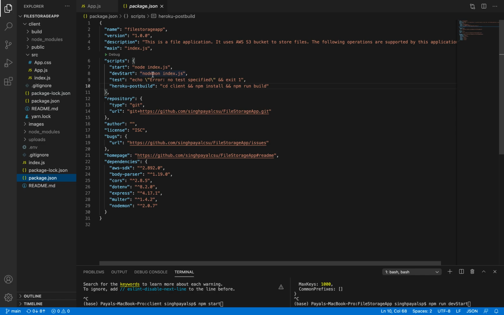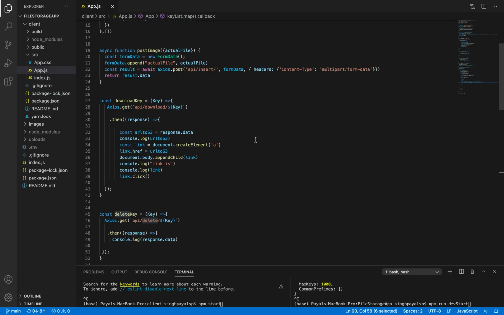So I will explain what this nodemon exactly does. Using nodemon, I do not need to refresh my server. Here I have explained that index.js is my server, so you need to start it here. That's why I've used start here, and the dev script is nodemon index.js. It will refresh my server each and every time there is any change to my code.